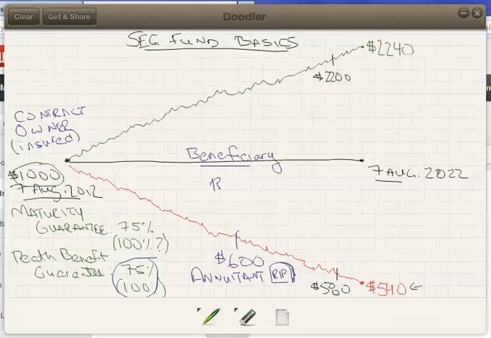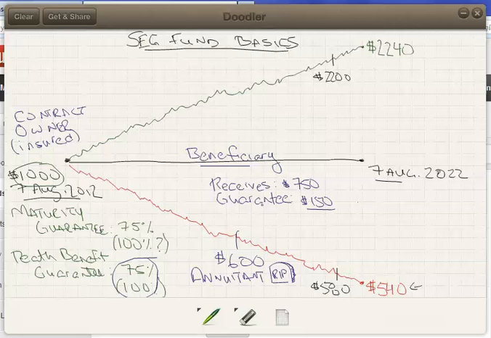Now what happens, as with a life insurance contract, the beneficiary will receive those amounts. What the beneficiary is going to get here, though, is not $600. This is where the guarantee, once again, is quite useful. The beneficiary receives $750. We could argue here that the guarantee was worth $150. So we have an extra $150 that came from the fact that this is a segregated fund and it has